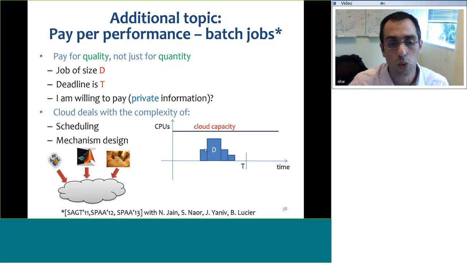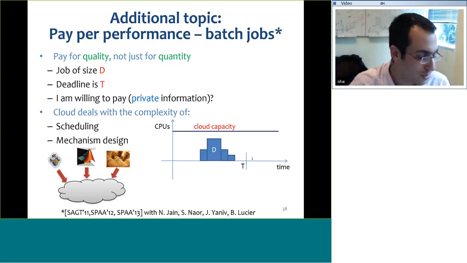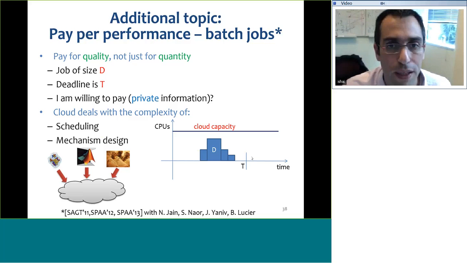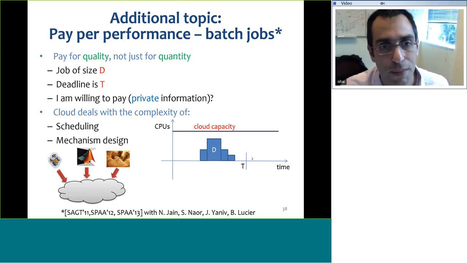And so there are 2 questions here. One is the scheduling, which on its own is very interesting, because these are all hard scheduling problems. The other is, of course, mechanism design. I want to make users tell me what their job is worth, or what the different deadlines are worth to them. For example, Srinivas could have a deadline for 4 p.m., what time is it over there? For 5 p.m. he's willing to pay $1,000, but for 6 p.m. he's willing to pay only $200.